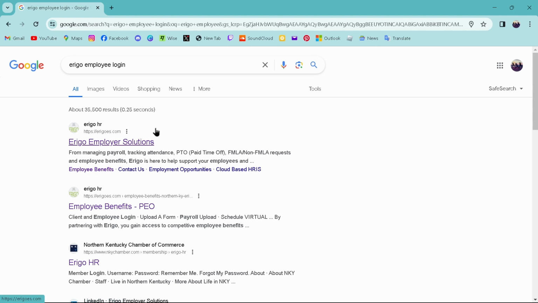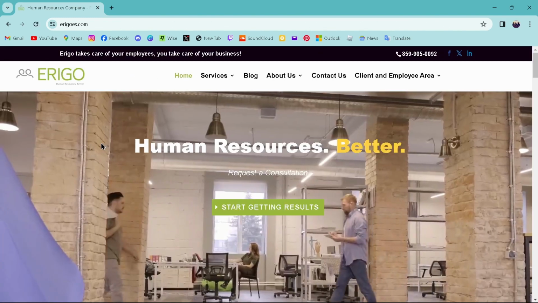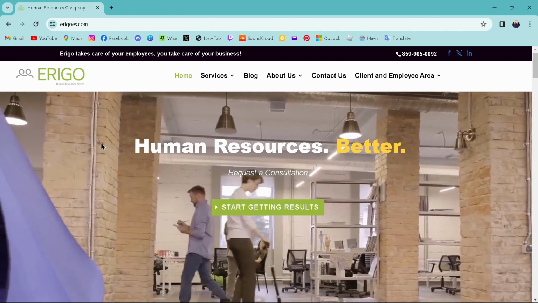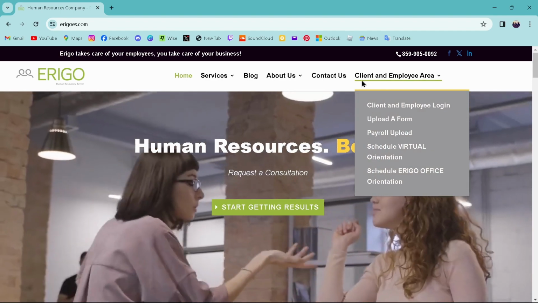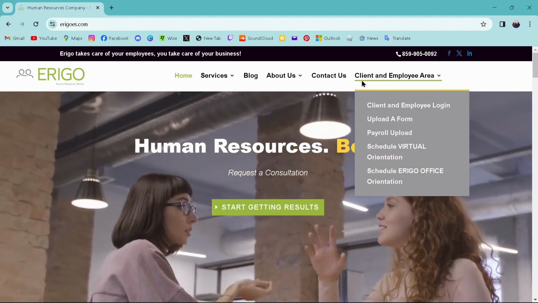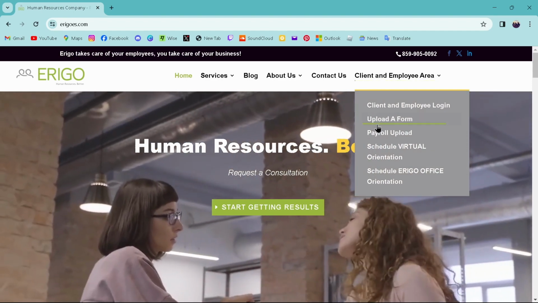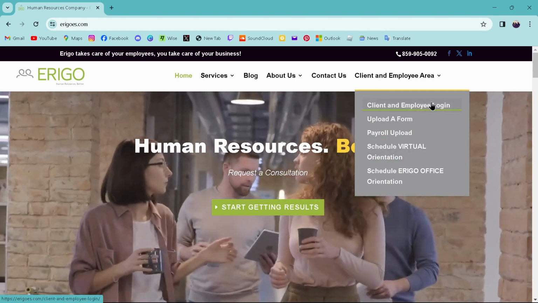From here, just tap on this first option, and by tapping on that first option you'll be directed to this website. From here, in the top right corner of your screen you can find client and employee area, and inside that section just tap on this first option, which is